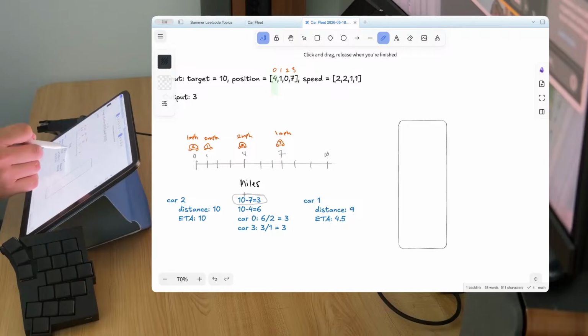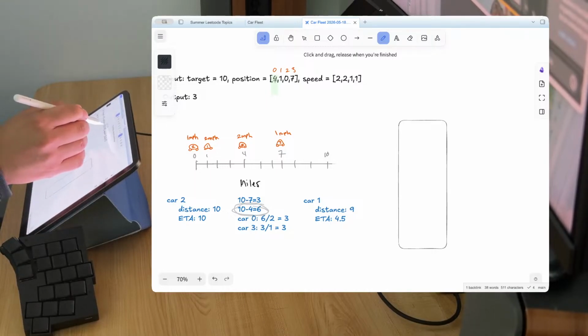So we'll do target minus, this is the one I'm looking at. We'll do target minus position i